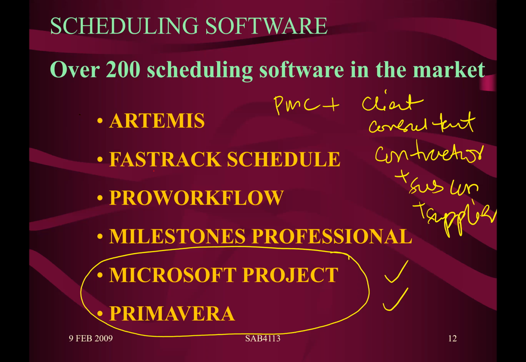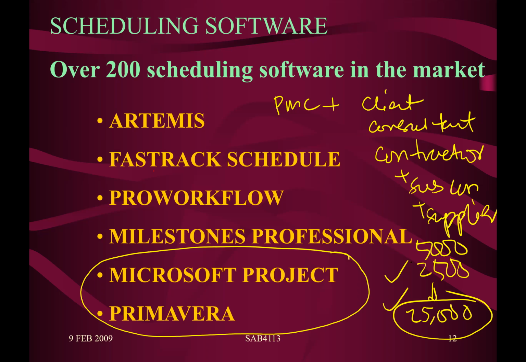Microsoft Project, if you buy original, the Microsoft Project Standard could cost you around 2,500 ringgit, whereas the Professional version could cost you around 5,000. And how about Primavera? Primavera costs you around 10 times more. You see, that is one piece of software for one user only. That's why the easiest thing is to get the cheap version, because we simply want it for